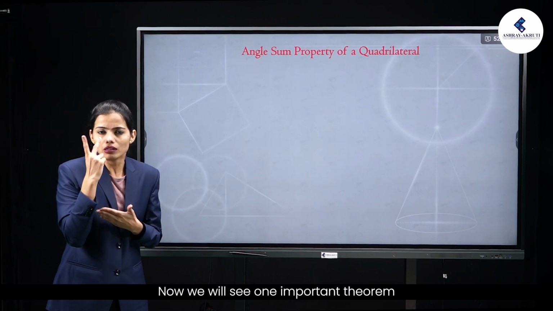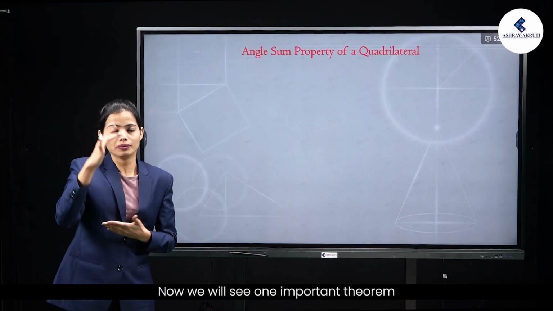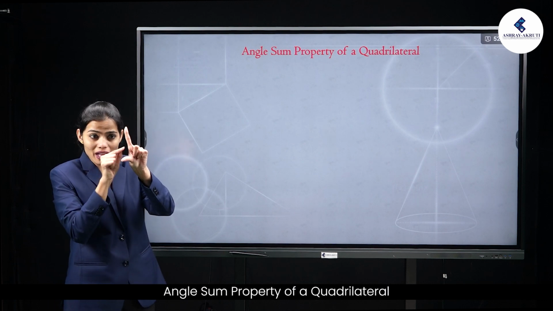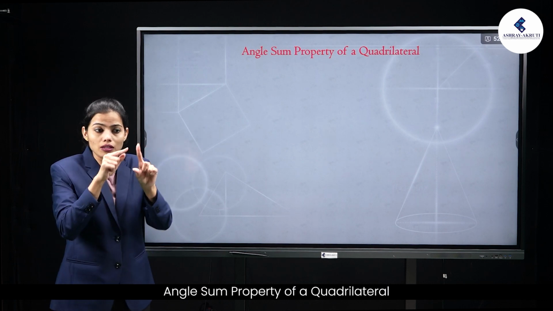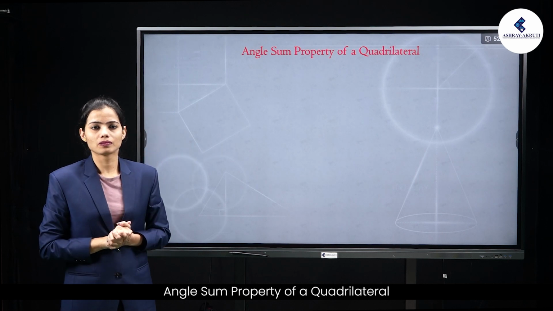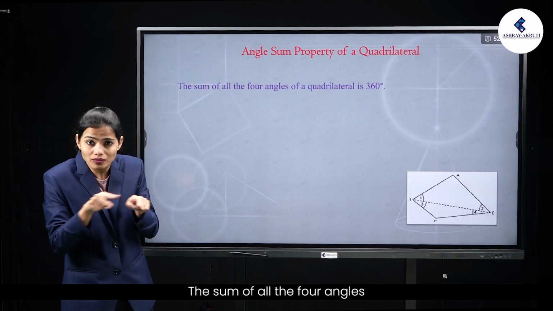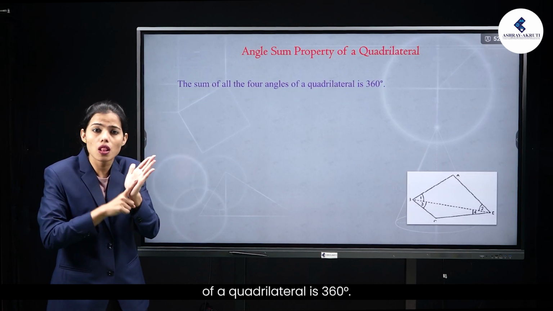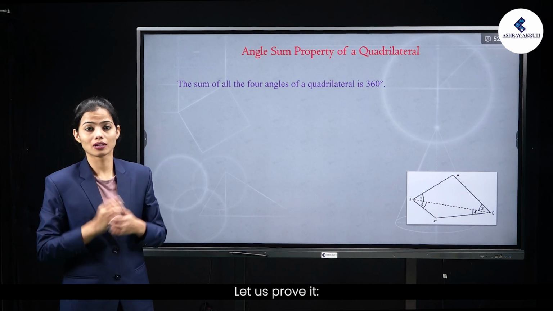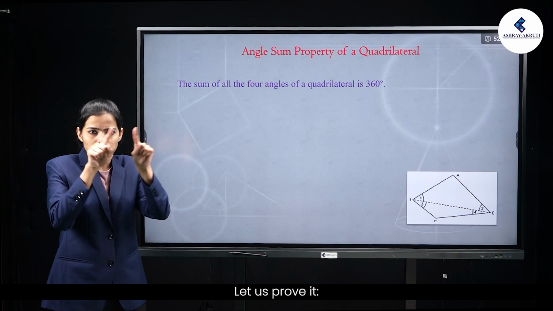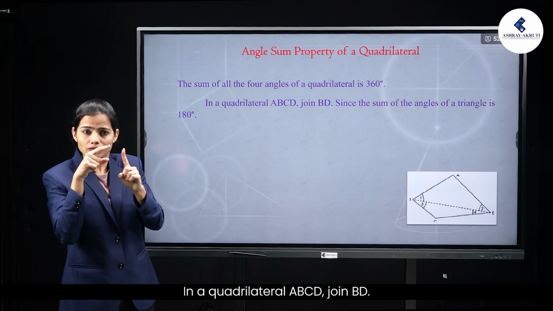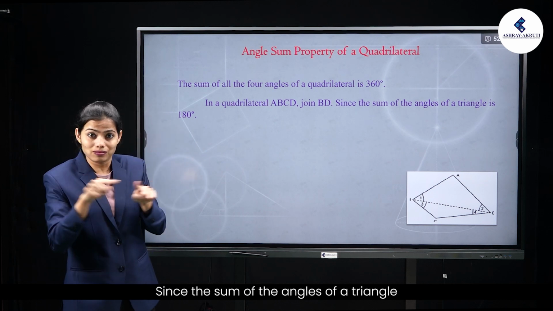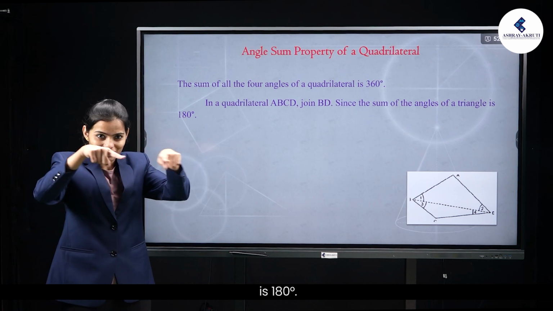Now we will see one important theorem. Angle sum property of a quadrilateral. The sum of all the four angles of a quadrilateral is 360 degrees. Let us prove it. In a quadrilateral ABCD, join BD. Since the sum of the angles of a triangle is 180 degrees,